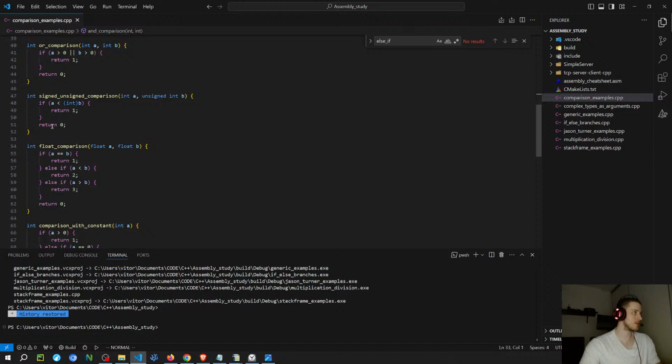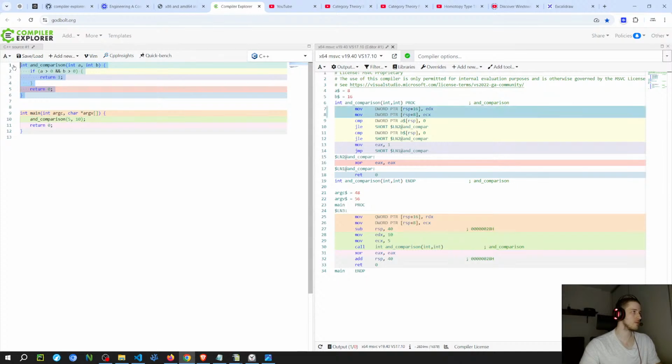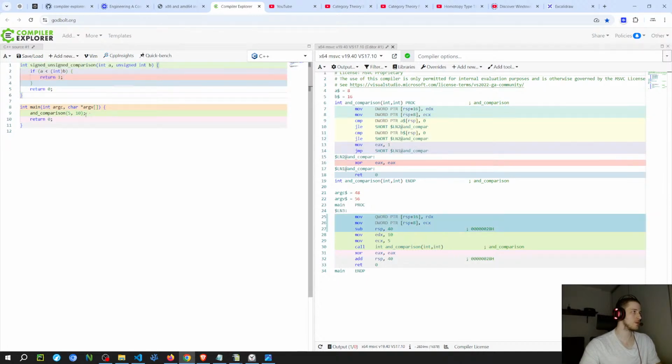It's basically the same. This one might be different because of the cast, and signed int.